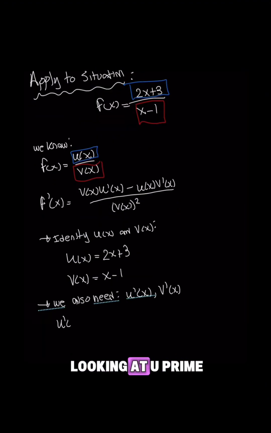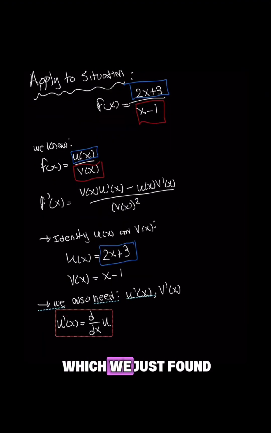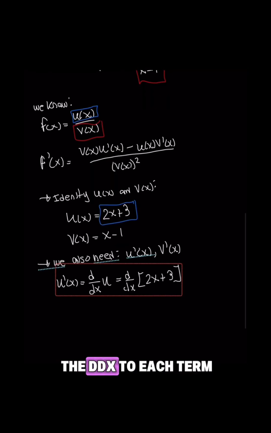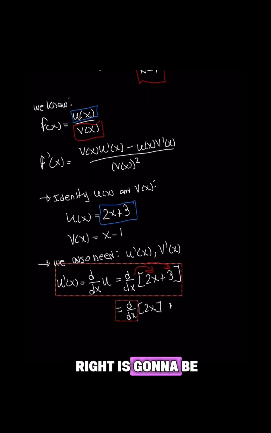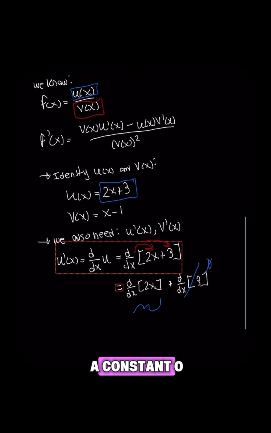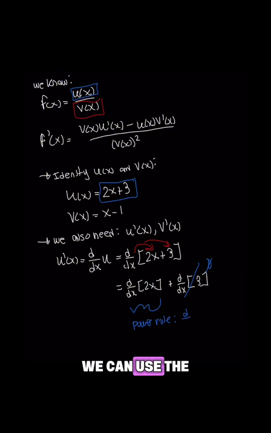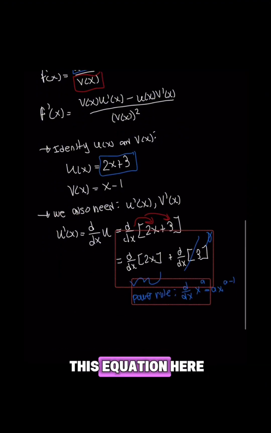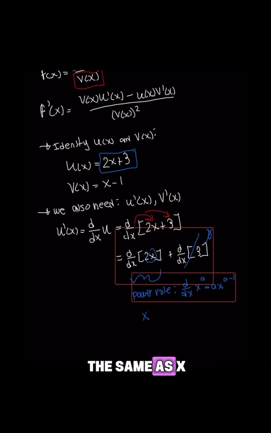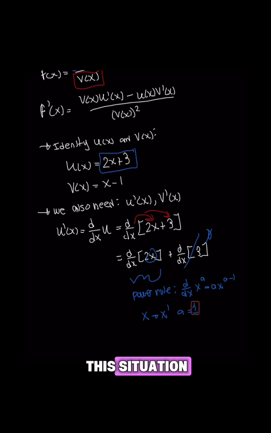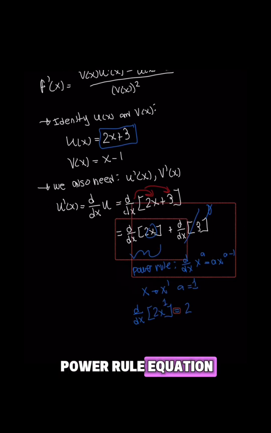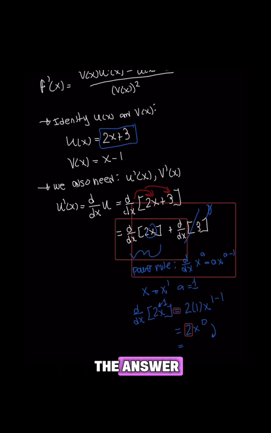We can start off by looking at u prime of x, plug in u, which we just found. We can distribute the d/dx to each term. The term on the right is going to be equal to 0 because the derivative of a constant is 0. The derivative on the left, we can use the power rule given by this equation here. So for x, it's the same as x to the 1. a is going to be equal to 1 in this situation, and so we can apply this to the power rule equation. If we do that, we get 2 for the answer,